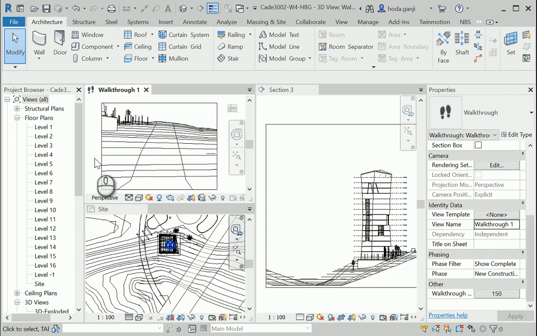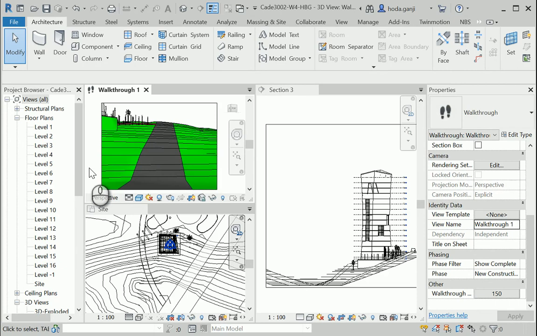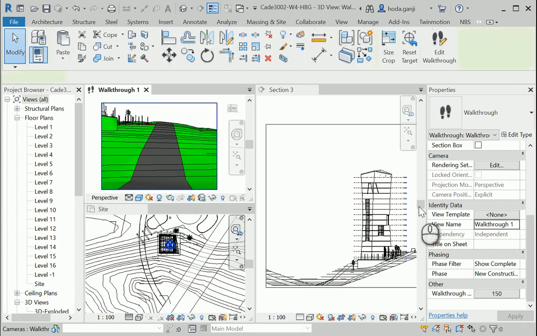After you create the walkthrough, you can change the visual style to whichever you like. Notice that shaded or consistent colors take more time to process, and the size of the file would be bigger as well. You can also turn the shadows on and off, and notice that my face filter is on show